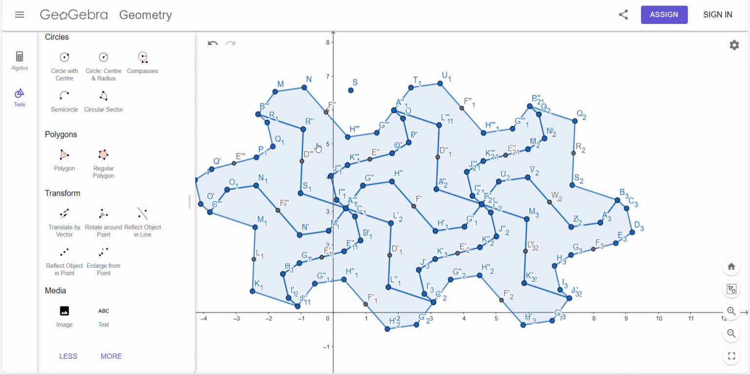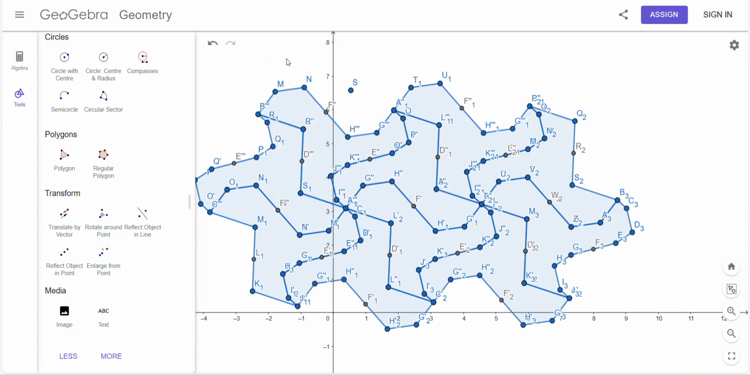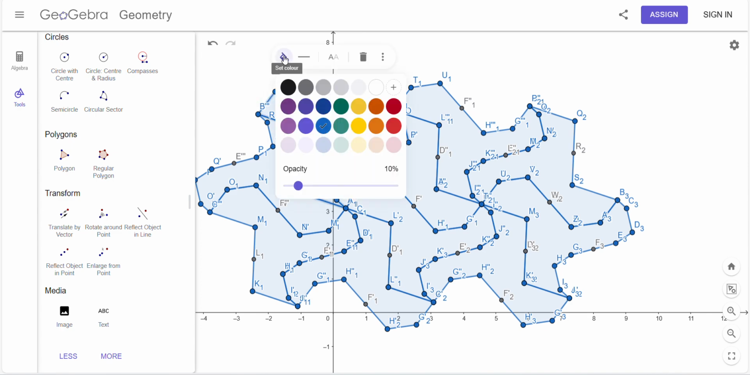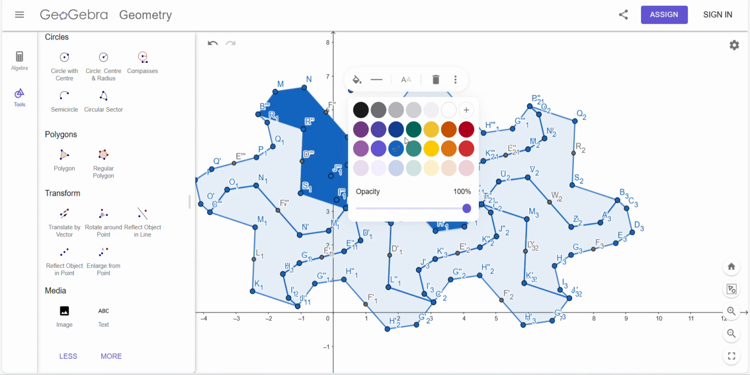And then to color it, all you want to do is to click on that little blue pointer in the corner, press on the set color tool, put the opacity up to 100, and then choose a color. So I'll choose blue, opacity 100, green,